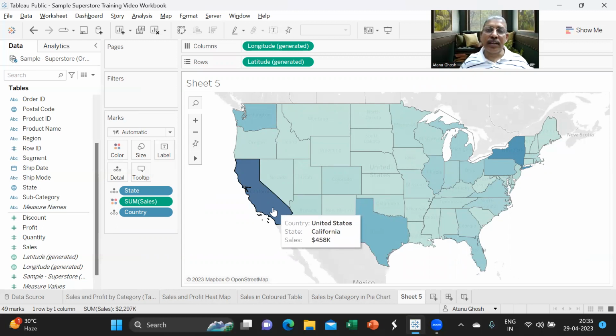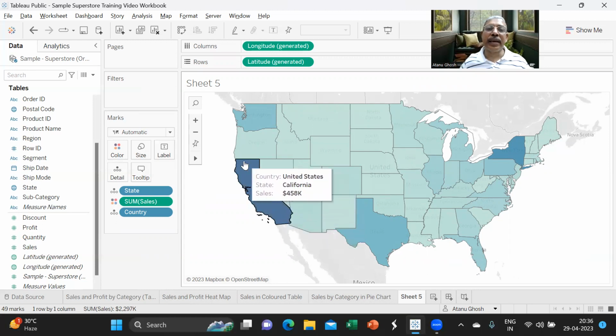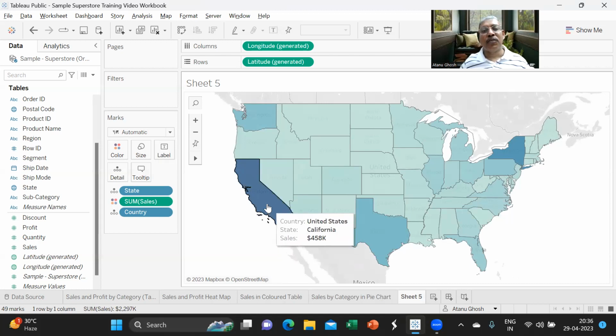As I mentioned, you cannot have more than one measure because there are two attributes that can be used. One is the area or the size, and the other is the color. The area or the size has already been taken by the boundary of the state, which cannot be changed. We cannot make the boundary depend on the sales. It's fixed. So the only attribute that is left with us to depict the measure is the color, which you have already depicted for sales.